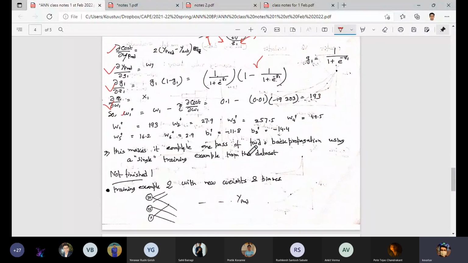So is that all, updating the weights a single time? No, we are not finished yet. We have in fact just started. But this makes one complete pass, updating the weights and biases in the network starting from the output layer to the input layer, because we are moving back in propagation. So that makes a pass complete for a single training example from the dataset. This is important. Just one data example has been used, and this much calculation is involved.